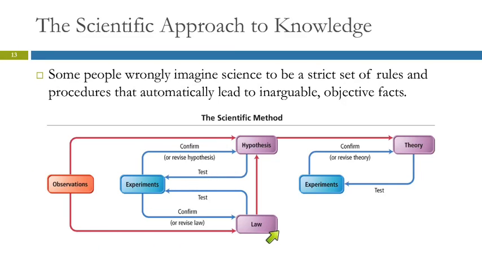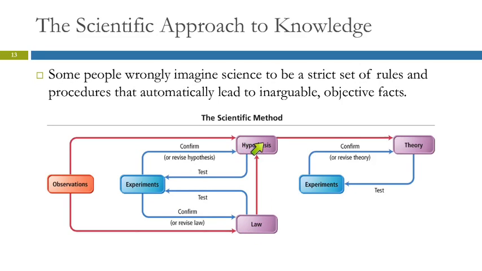Observations can also lead to laws. Law of gravity: we observe that when you drop something, it falls. Well, then that gets tested. So, well, maybe this thing won't fall. And so you test it. That's what little children are doing. They're testing gravity. That's why they throw their food off the high chair tray. They're just testing the law of gravity. So you test it, and it may be confirmed or disproved, and you have to revise it. And so you can go around in this circle a lot, too.